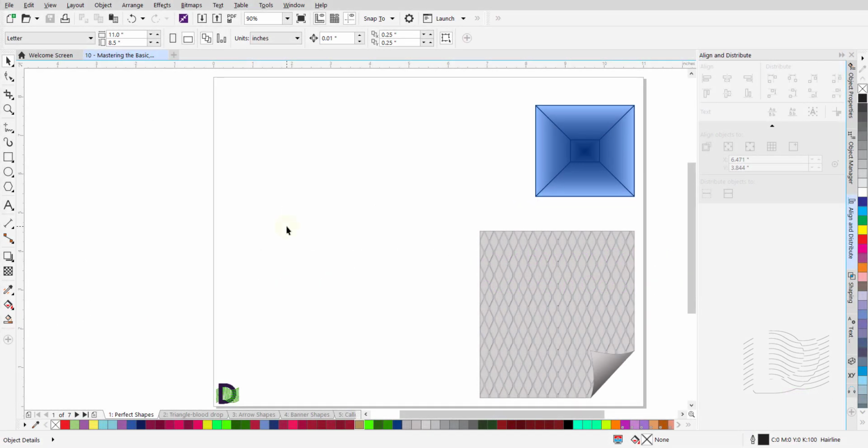Welcome to the tutorial on mastering the basic arrow, banner, callout, flowchart shapes and connectors in CorelDRAW. First, a quick note that applies to all the shape tools we will be looking at in this tutorial. The techniques that hold true in the drawing of all these shapes, just like all the drawing tools that we